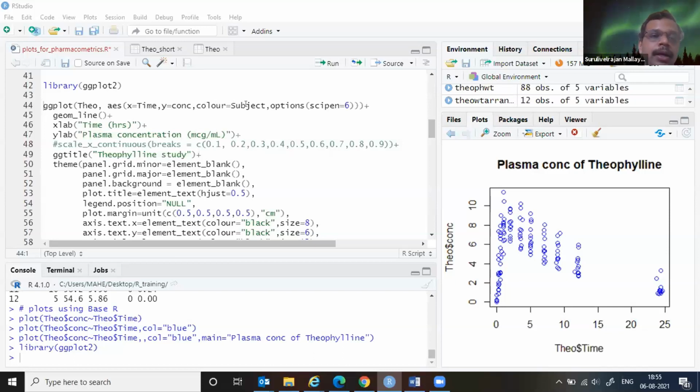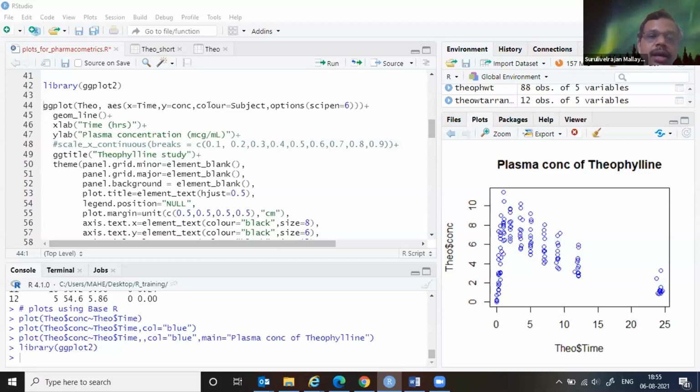Meaning, in our data set, we have a column called subject, and it has different numbers. Now you look at this particular plot: it has given a blue color for all the observations, all the points here. You can't really differentiate from patient to patient or subject to subject.